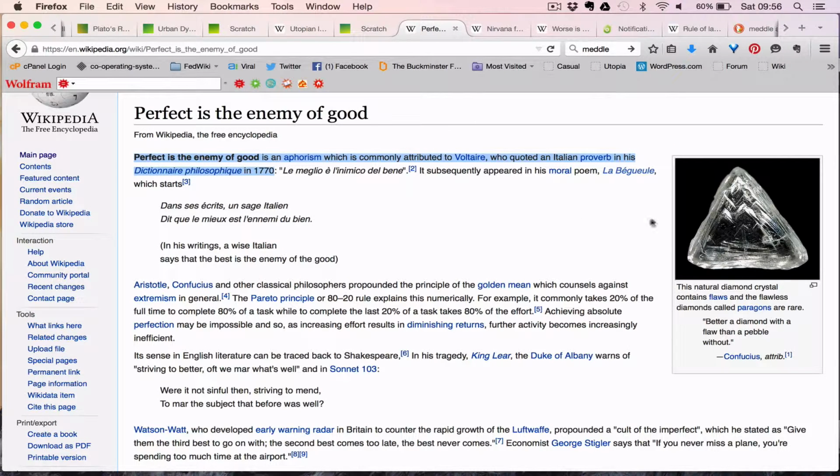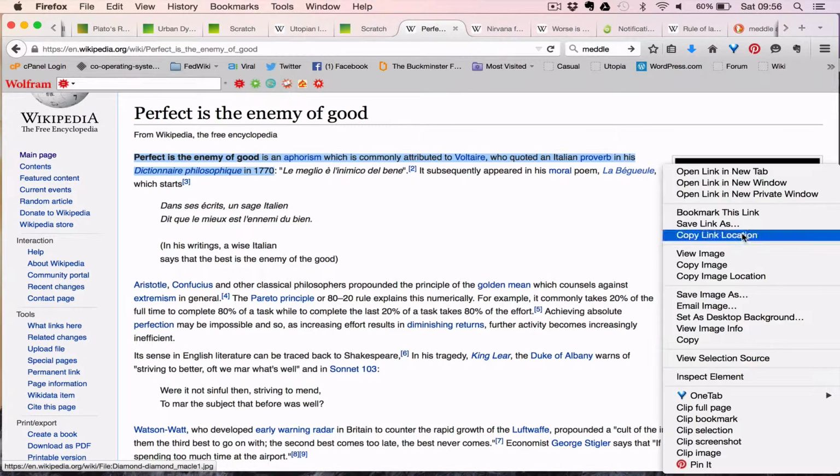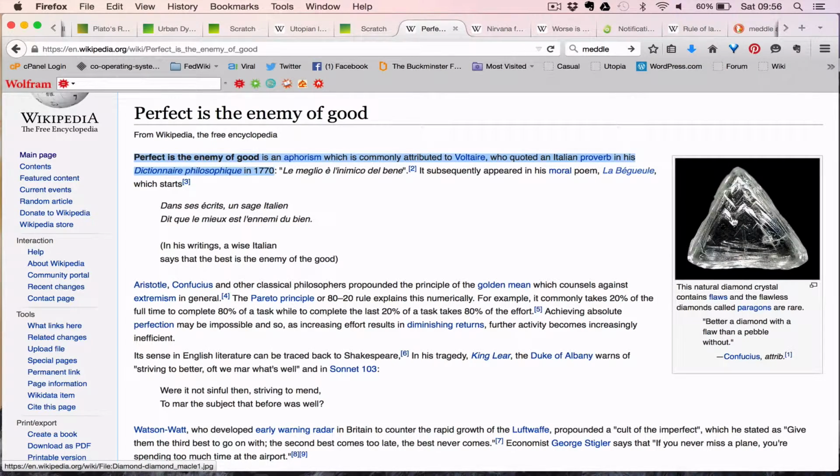Oh, that's a nice image. In fact, I'm going to not do that. I'm going to take this image. Yeah, this is the natural diamond crystal, contains flaws, and the flawless diamonds called paragons are rare. Better a diamond with a flaw than a pebble without. Confucius. Lovely. Okay, so I need that